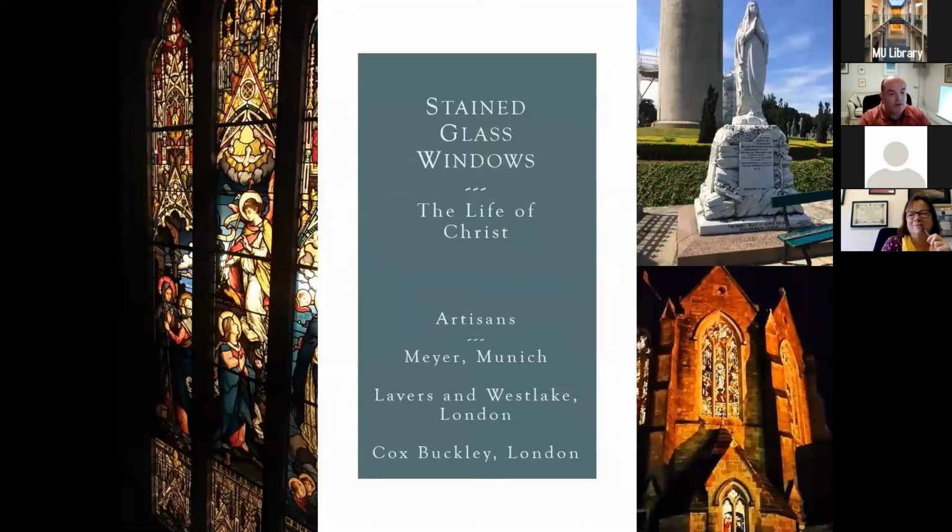Now, the stained glass windows. The stained glass windows are done by 3 particular artisans. Originally they just decided that for the stained glass windows they would have a complete design. Originally they thought about the life of Christ, the life of St. Patrick, and then they thought maybe the life of the Irish saints. You know, every window had a different Irish saint, and eventually